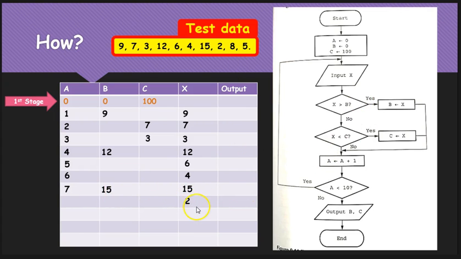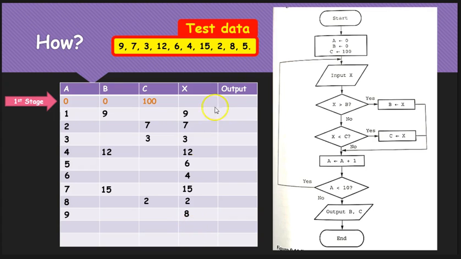The next one is 2. So is 2 greater than b, which is 15 at this moment? No, it isn't. Is it less than c? Well, at the moment you've got 3 in there, so yes, it is less than 3. And then you add another one to the count, and then we've got number 8. So we input 8, and now is 8 greater than b? Well, no, it isn't. Is it less than c? Well, no, it isn't, so nothing happens. We just add to the count and move on to the next input value.